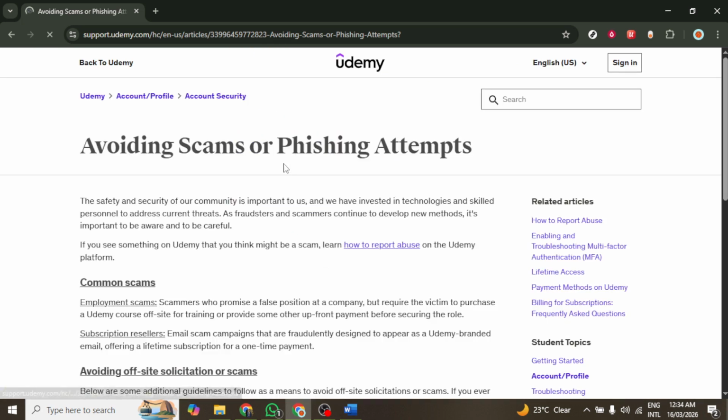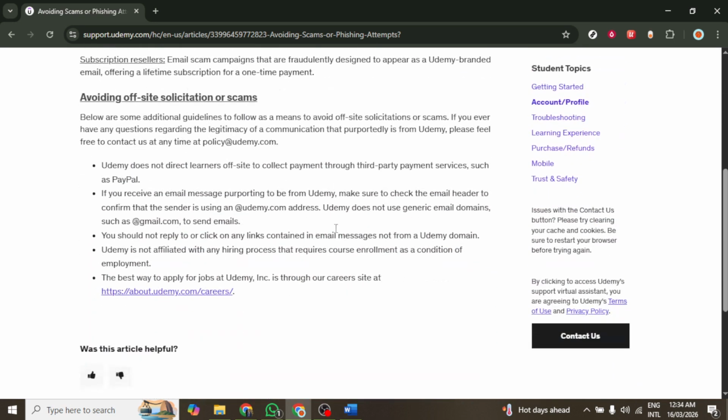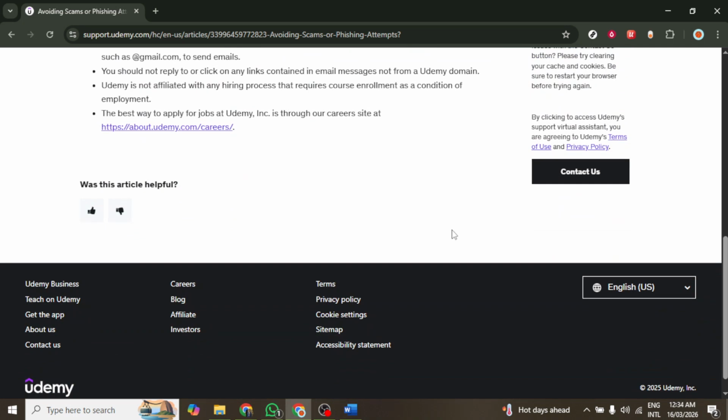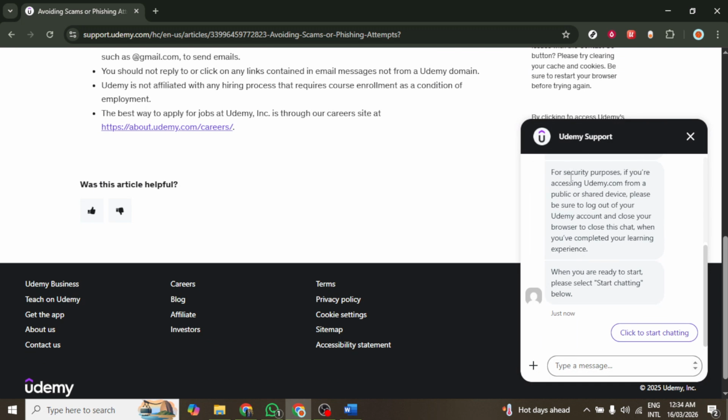Udemy support team will review your submission and usually respond via email with assistance or solutions based on the information you provided. It is important to keep your message clear and concise, as this can significantly improve the response time of the support team. Be patient after submitting your request, as response times may vary depending on the volume of inquiries. Checking your email regularly for updates is advisable, so you do not miss any